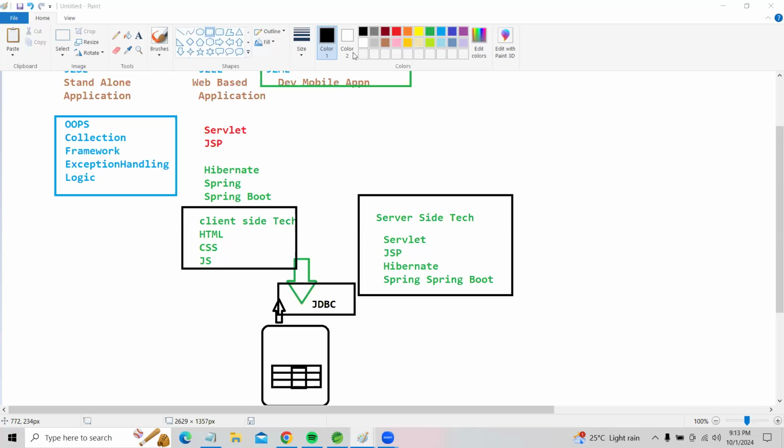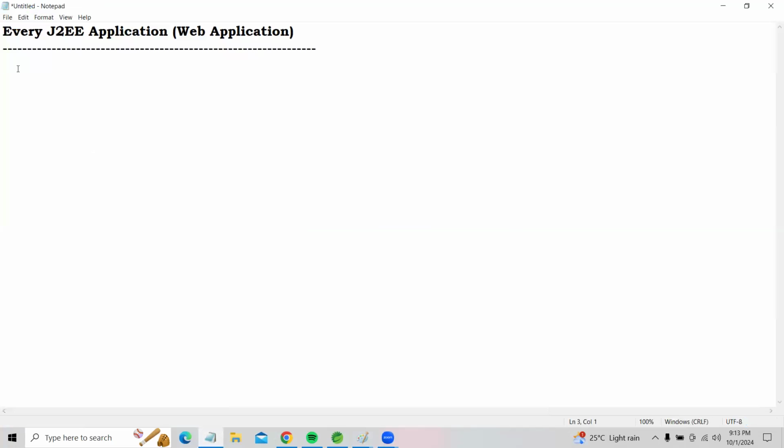Now I am going to focus on the main points. We are focusing on our framework concept. I am listing out all the topics one by one. Later we'll start our framework slowly, my friends.